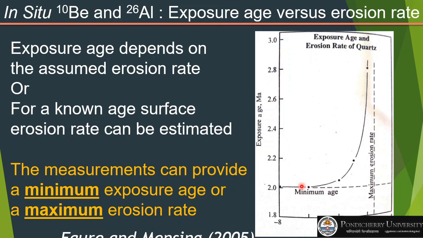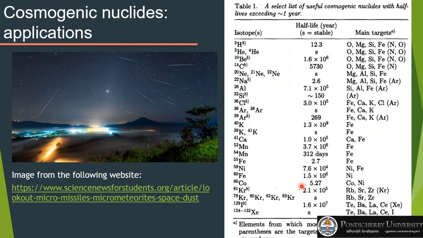So this is one application using 10Be and 26Al, which are produced in situ by cosmic rays, or in situ produced cosmogenic nuclides. But this is just an example, and there could be many other applications basically using a similar concept. And the key part of this concept is that one should know the rate of production, and then one can find out how much concentration is there. And if you know the rate of the production, then you can relate it to the timing and the processes which actually cause that production.